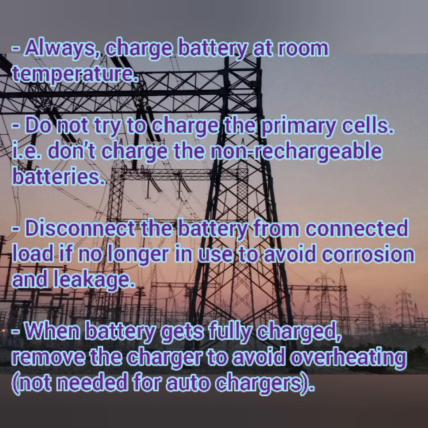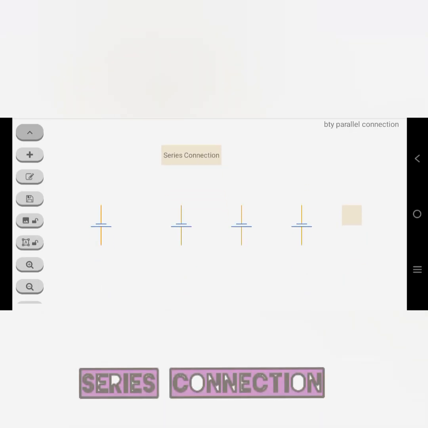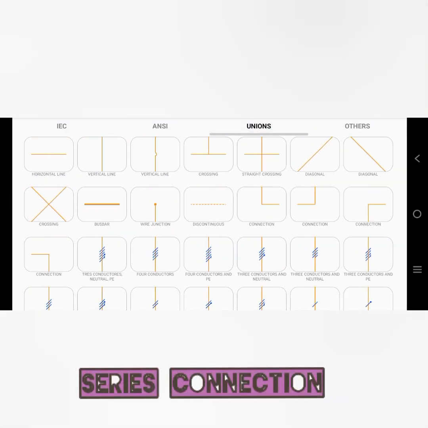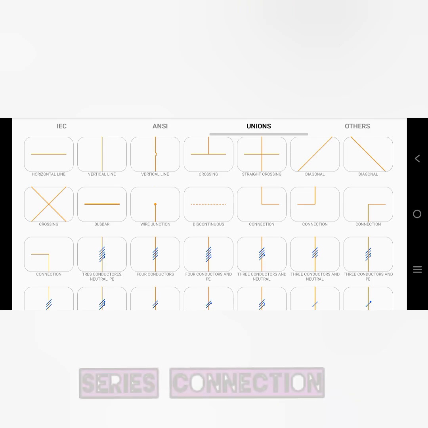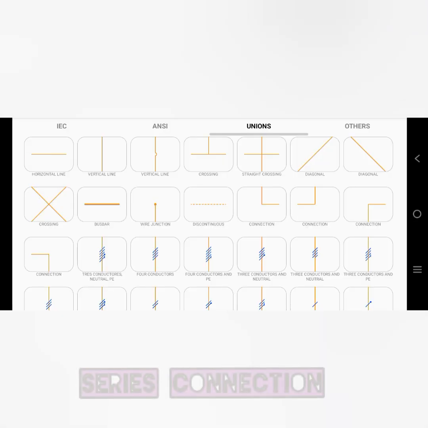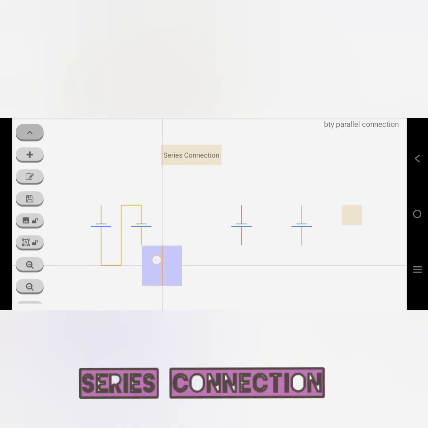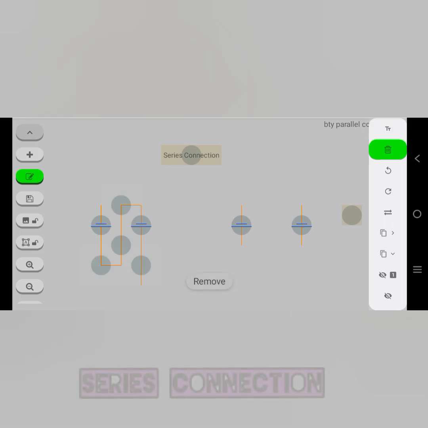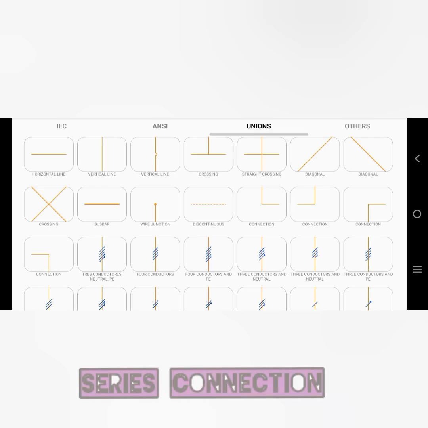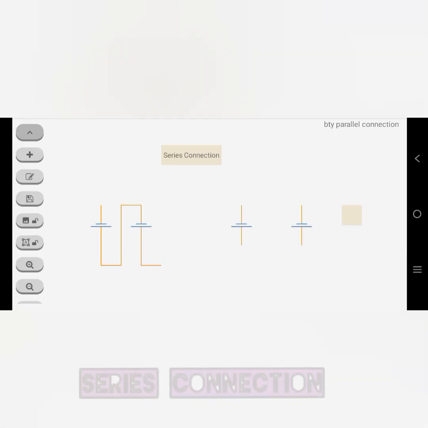Then we will have a short discussion of series-parallel connections. Here I have taken four batteries in a series connection. Now I am going to connect the batteries in series. You can refer to how the connections are made. I have made it in positive and negative. The first battery's positive terminal is connected with the second battery's negative. In the same way, the second battery's positive is connected with the third battery's negative,